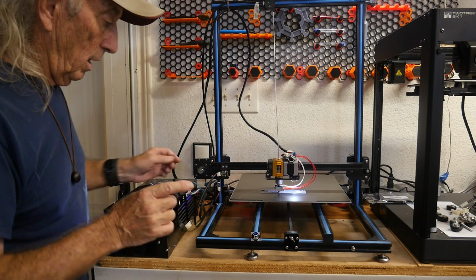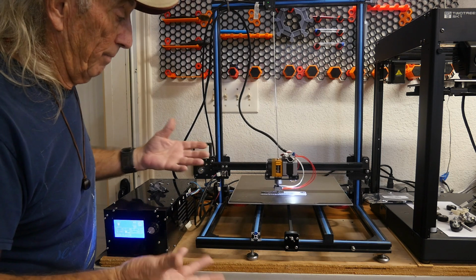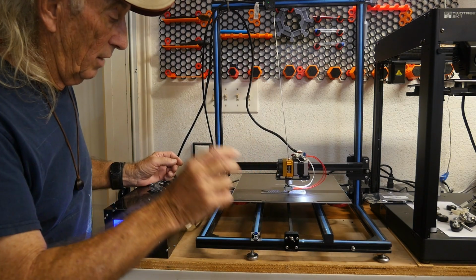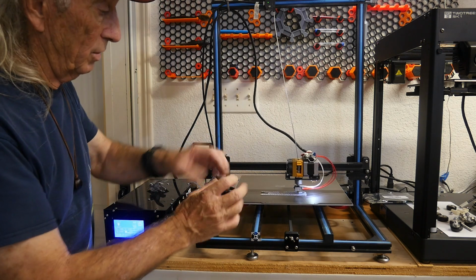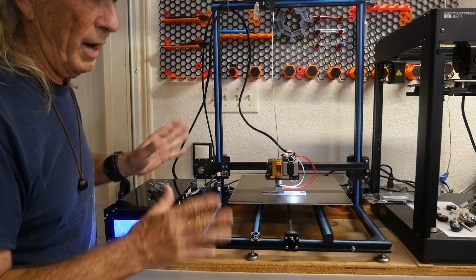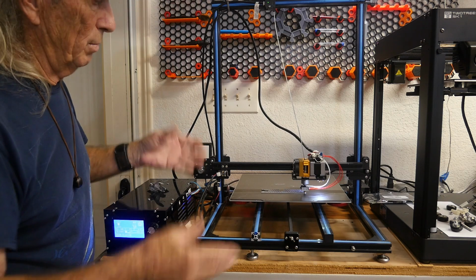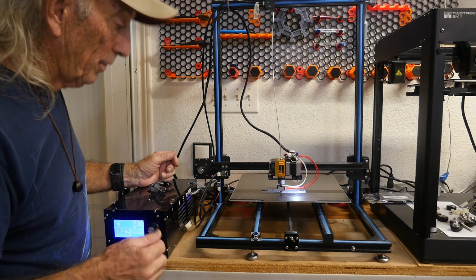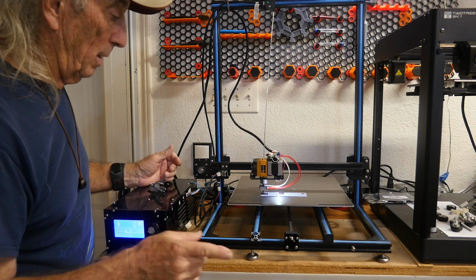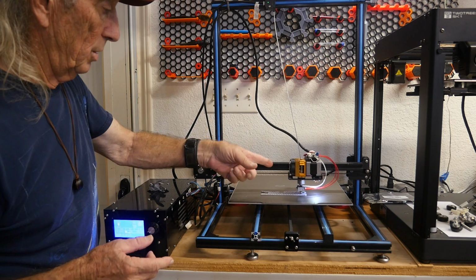Now, the other thing that happened in this past week was I had, theoretically, a jam. The PLA got jammed in here, and I took this apart, and inside the idler wheel, which is beside the gear that feeds the filament down, the screw that holds it was loose, and I mean dead loose. So that was like, man, how does this even happen? But okay, we tightened the screw up and thought, well, that'll help too. So the next time we ran a print, the print was a little better, but we still had problems and issues. So the final step in the last 24 hours was to add this new plate back here